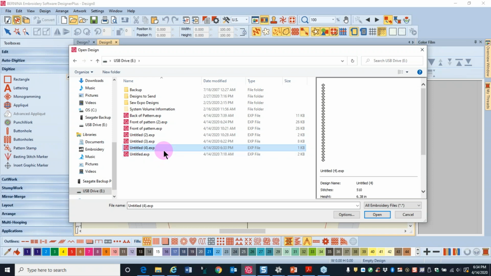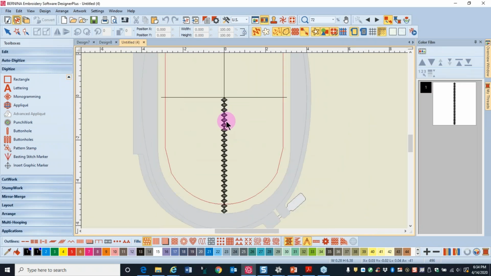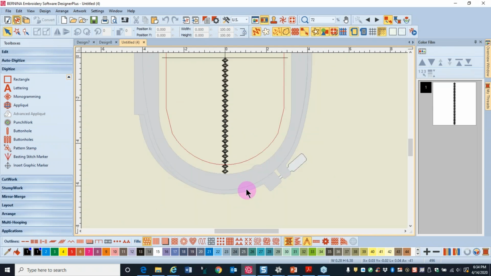And I will select that design that I just exported. Just as something that you might want to do, be sure and name your files. Otherwise, you won't have all these untitled files. So if you remember to name them before you export them, it will help you figure out which one is which. I'll select it and click on Open, click on OK, and now I can select that design